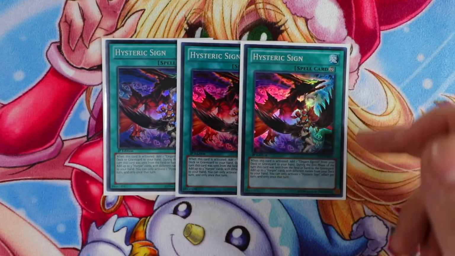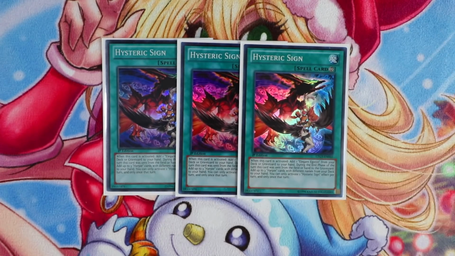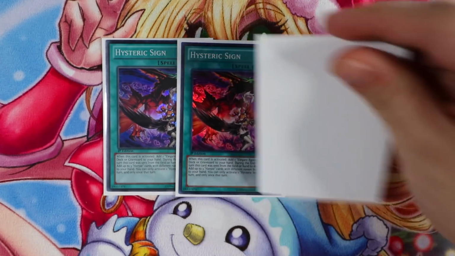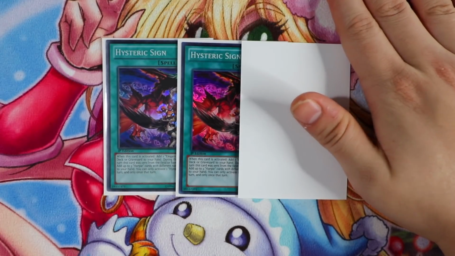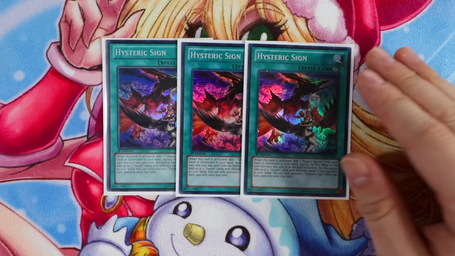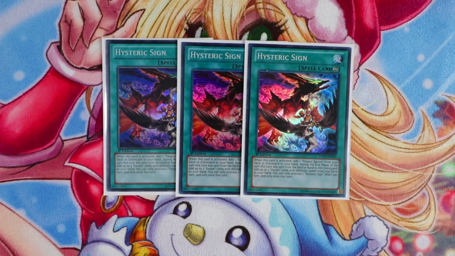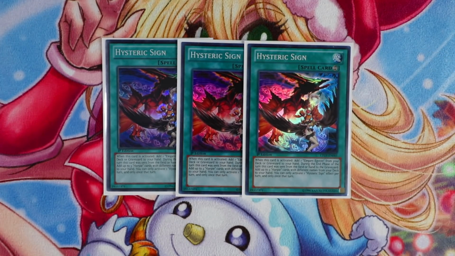Most of the time, you're going to be able to trigger this effect by using cards like Hunting Ground to pop your own Hysteric Sign, which is really good. And if you also want to get an immediate plus, you can just set Hysteric Sign, don't even activate it. Activate Hunting Ground, normal summon a Harpy monster, pop the Hysteric Sign, and then during the end phase, you can search up cards like Harpy Featherstorm and Channeler or another Harpy Queen directly from your deck to your hand. And you can also trigger this card during your opponent's turn as well with cards like